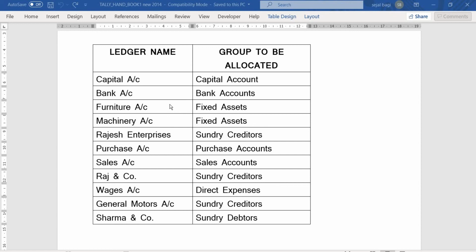The same way for all the transactions, whatever the ledger accounts will come, that has to be created, that has to be written here, and in the same way on the other side, under which particular group it has to be allocated. This is regarding about the first table. Coming to the second table.